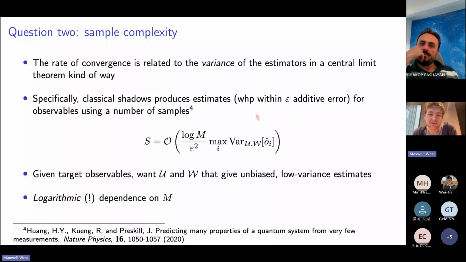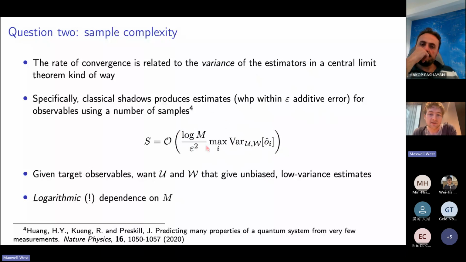This result is certainly not immediate; one derives all of this. The epsilon squared down the bottom is coming from a standard Hoeffding's inequality type thing. So for some fixed error and some fixed probability, you can just absorb all of this into the O. The variances we've talked about. So I hope this makes sense.